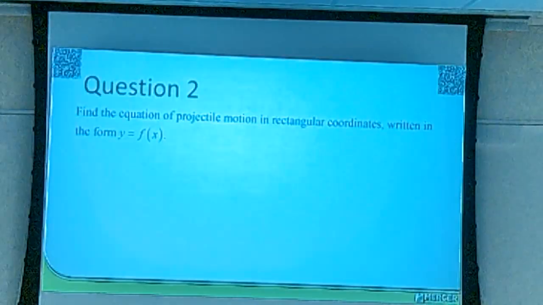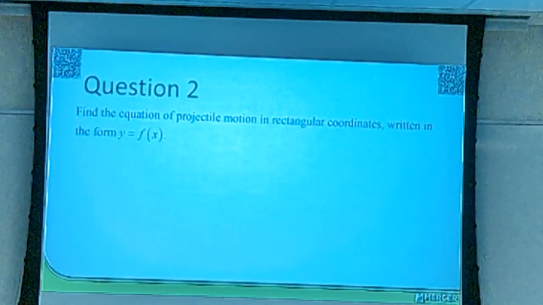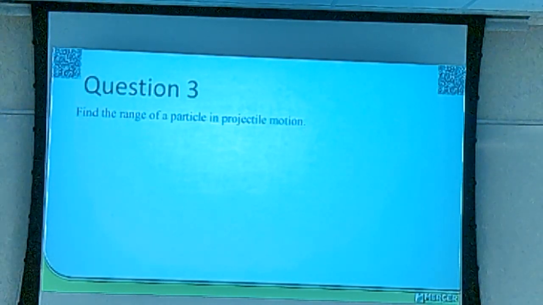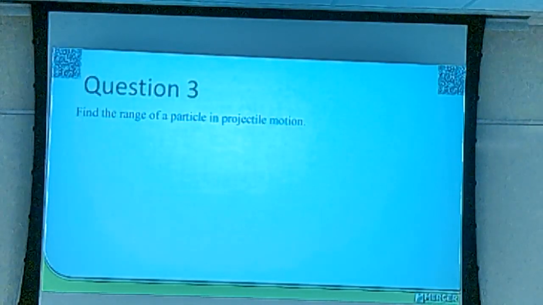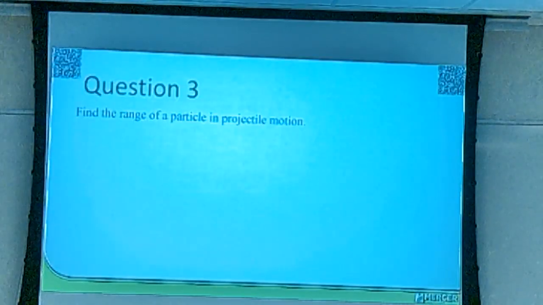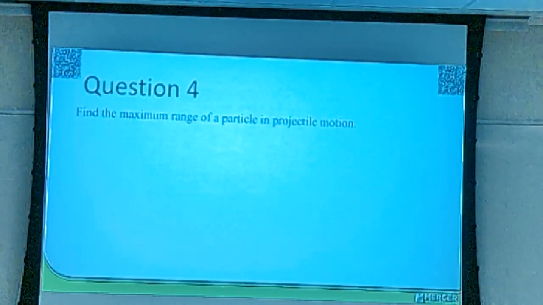So the next 3 questions are going to be dealing with projectile motion. First we're going to put it in the form y equals f of x, so we're not going to write it in vector notation. Then it wants us to find the range. By definition, range is the horizontal distance that's covered during its flight. And find the maximum range of a particle. Sadly,